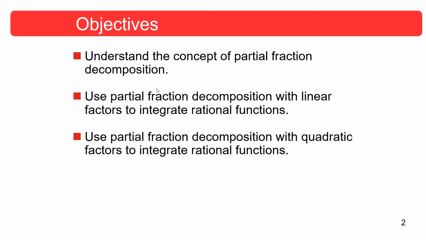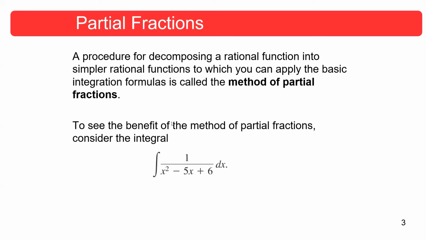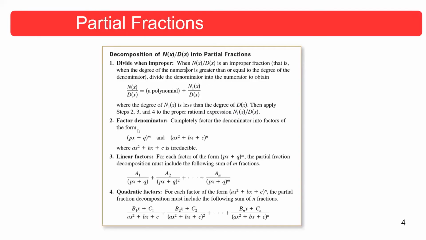For the second objective here, you have type 1 or case 1 and case 2. For the third objective, you have case 3 and case 4. So what is partial fraction decomposition? For example, you have a fraction in the form of numerator N over denominator D, and then the numerator is